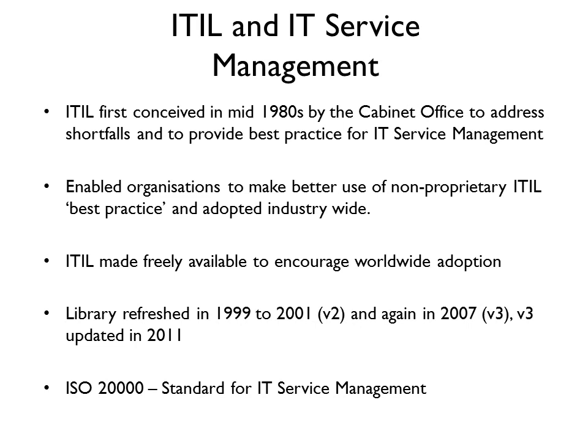The ITIL concept therefore emerged in the 1980s when the British Government Cabinet Office and the Central Computer and Telecommunications Agency (CCTA) was tasked with developing an ITSM framework for efficient and financially responsible use of IT resources within the British government and the private sector. ITIL was the solution which was developed, and the CCTA took the wise decision to give it away to encourage wider adoption. Large companies and government agencies adopted the framework very quickly,